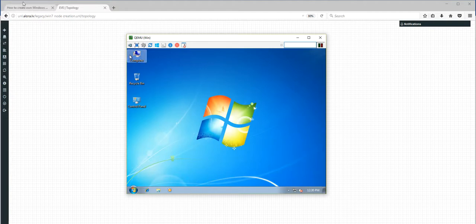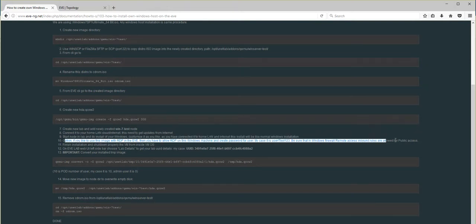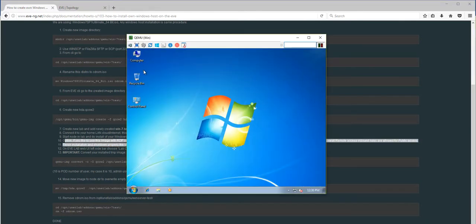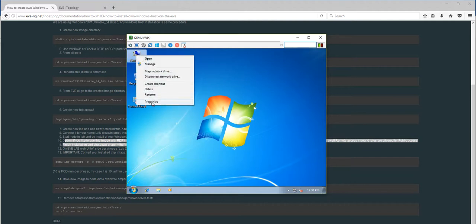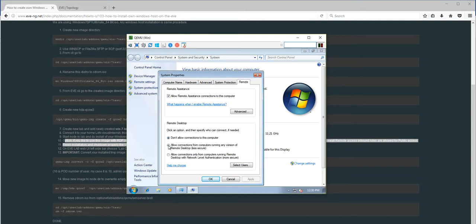And now let's go back and check. So Windows is installed, and per your needs you can install everything you need, because if you have access to the internet, you can download everything. So install Windows, customize as you need. That's what we did. Options: if you like RDP on the EVE, and how to do it for RDP. Let's do it. So, classical way. We are going to properties and remote settings. So look at this. I'm allowing it in the properties and saying apply.